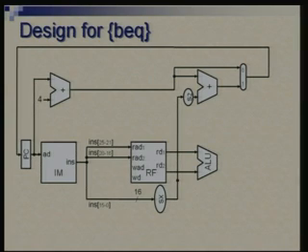This is for BEQ. So again I have omitted data memory. ALU is being used for comparison. Okay, we are looking at two operands from the register file which are being fed to ALU for comparison purpose, and the target address, in case the condition is true, we need to go to some particular target address that's being calculated by adding an offset to PC plus 4, and note that we have sign extension and we have shift by 2 and all those things are there.